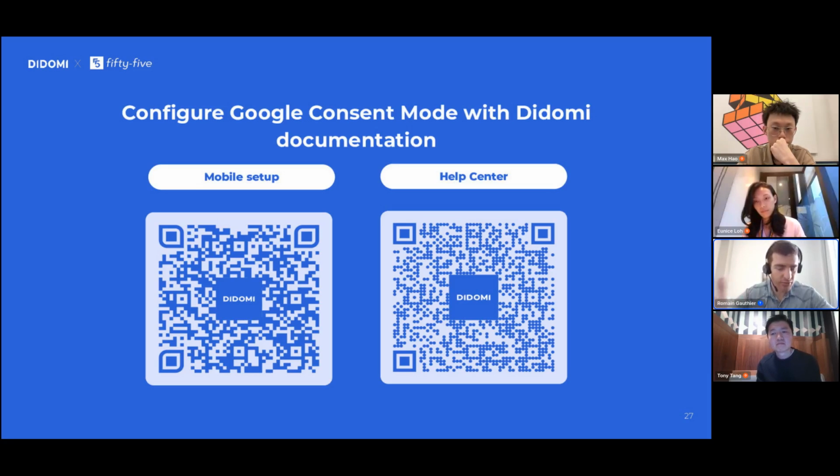Basically, your GTM tag will listen to the Didomi SDK and adapt its behavior depending on the signal that we send to the GTM tag. Hopefully this answers your question. Maybe Eunice or Max or Tony, you want to add something here? If not, I think we have more questions